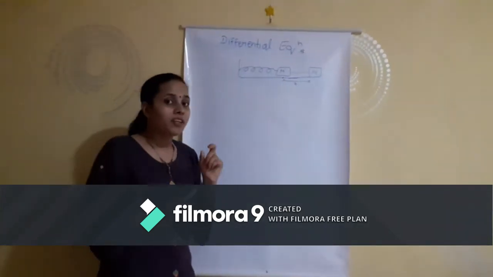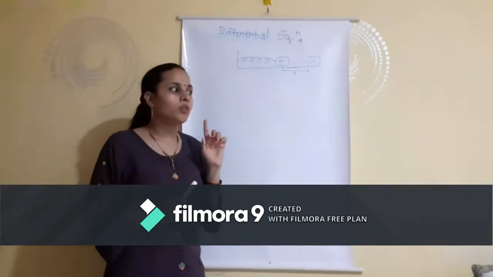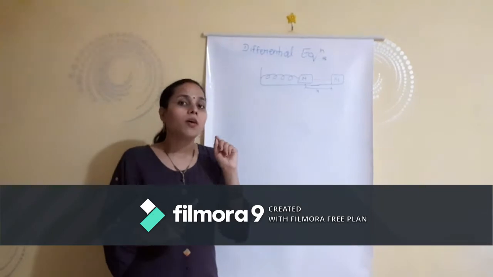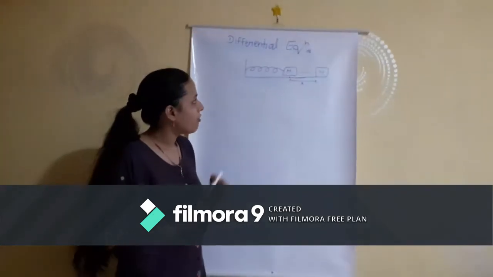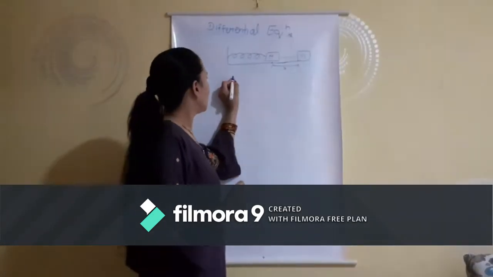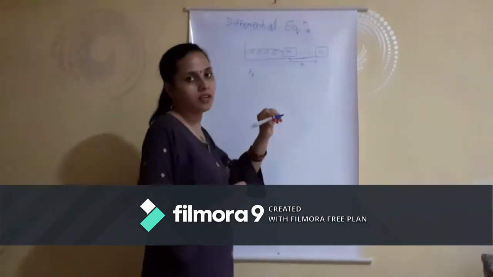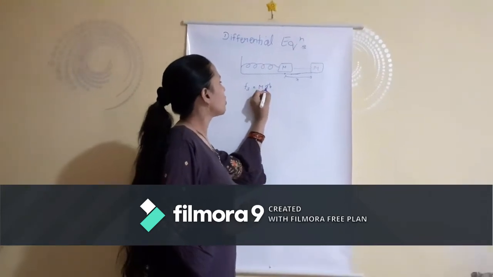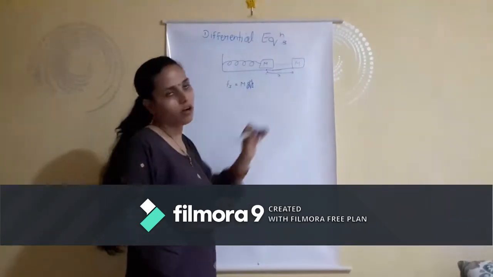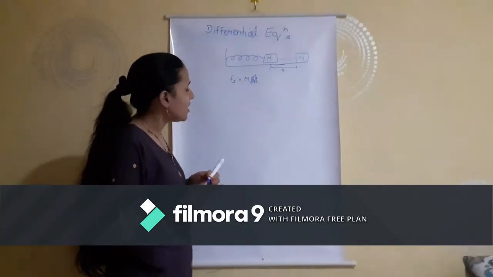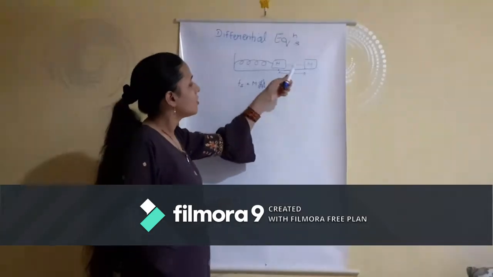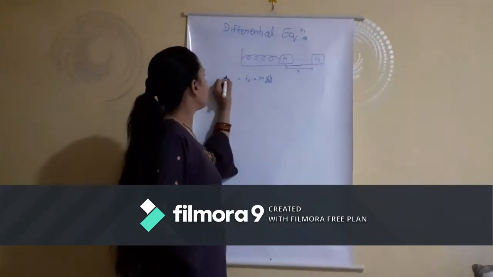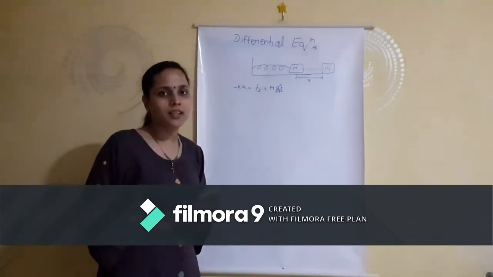So, if we remember Newton's second law of motion, the force acting on a mass is equal to mass into acceleration. So, a force will act on this particle. Suppose that is Fs, which is equal to m d2x over dt2, as the displacement is x. Now, this cart will try to move to its original position. So, this Fs is equal to minus k into x, that is the force.